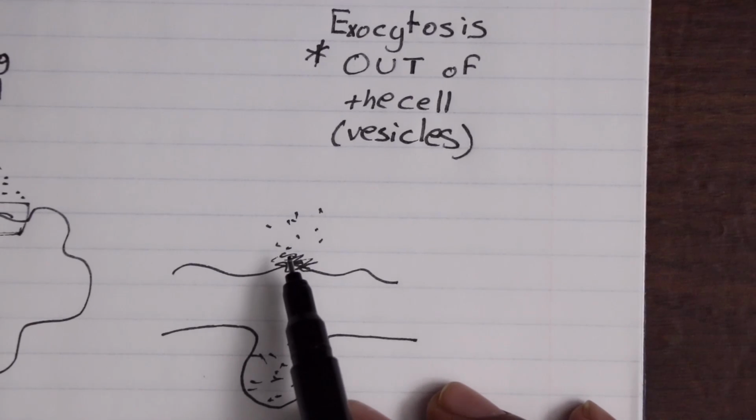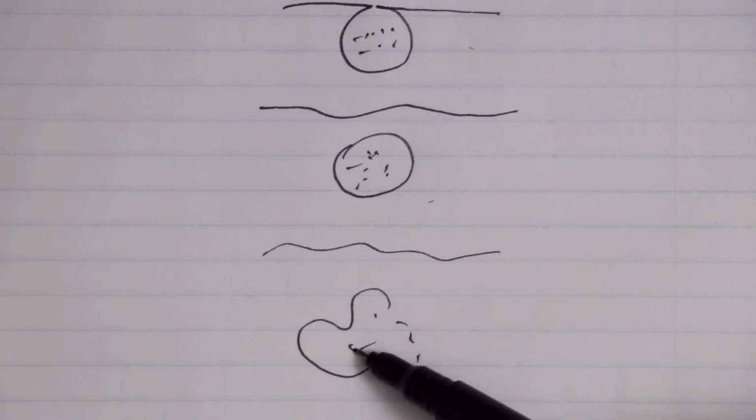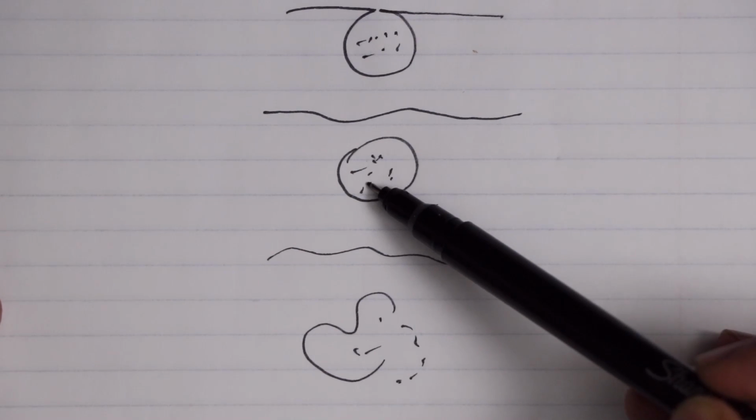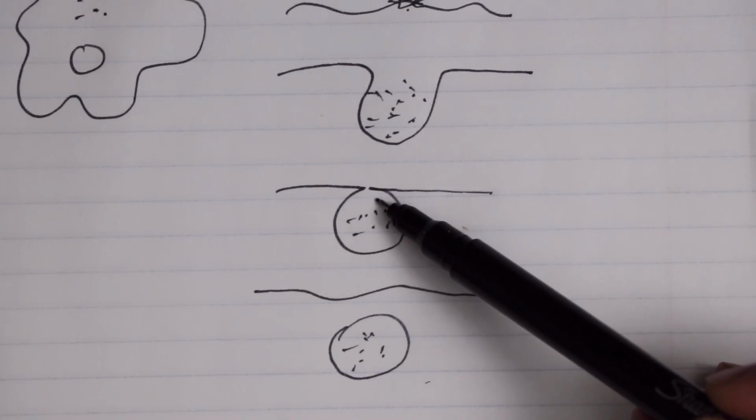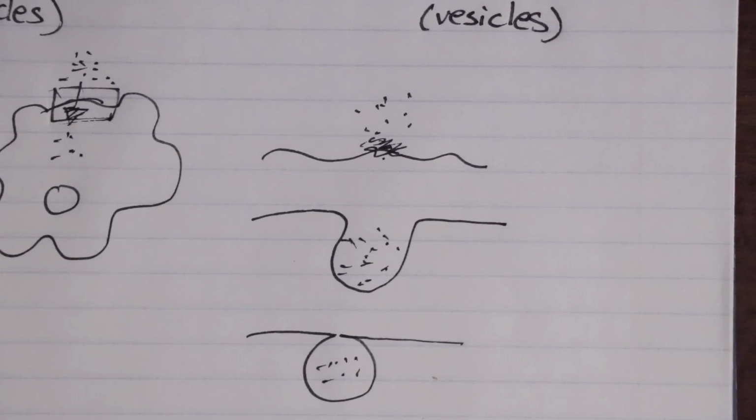So instead of starting like this, we start off like this. So we have some substance that we want to get rid of. It climbs into one of these vesicles like this. It joins the cell membrane, and then it opens up like this. So if you want to write that,